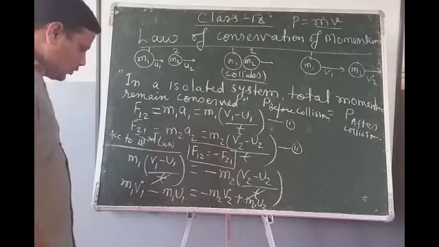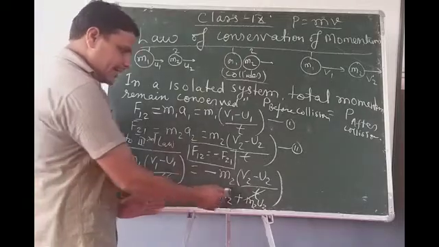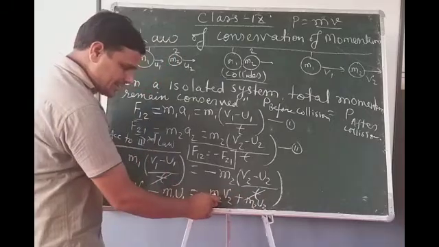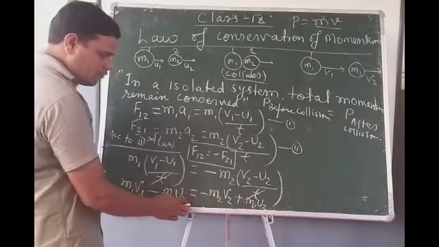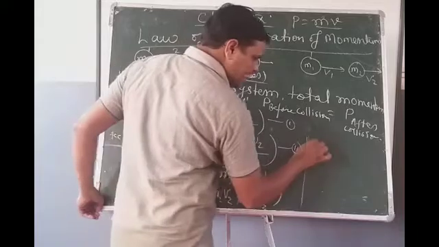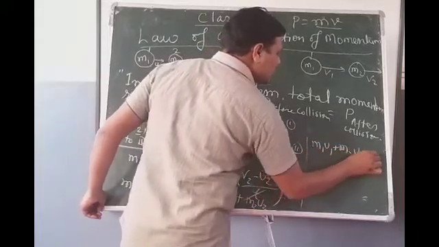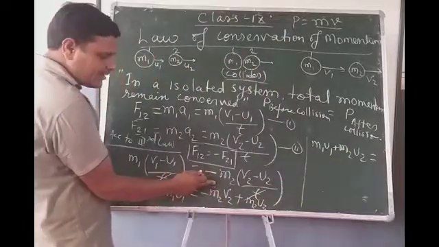Now what you have to do? Transfer m1u1 and m2u2, moving the terms across sides. It will come as plus: m1u1 plus m2u2 is equal to, if we transfer this m2u2,